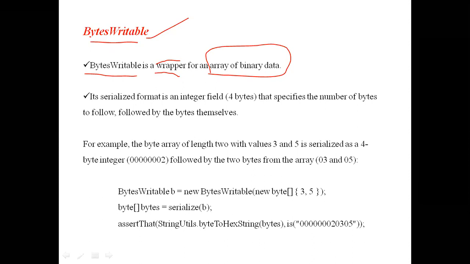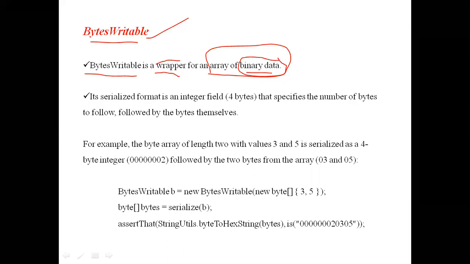Okay, the arrays in Hadoop will store the normal values. Here it will store the binary data. Okay, this bytes writable is a wrapper class for an array of binary data. That is the point we have to consider here. It will take only the binary data. The input for this bytes writable is binary data only. Clear. It is a wrapper class for an array of binary data.